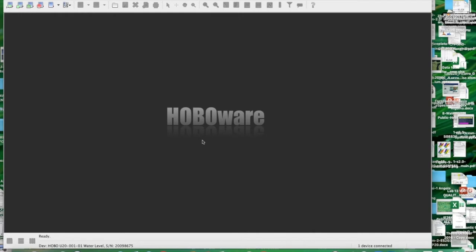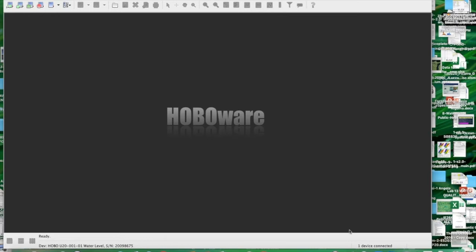The way in which we get data off of the data logger is using some software to read it. So the data logger unscrews, there's an optical sensor inside, you connect that inside the data logger and then hook it up to your USB port and then launch the software, and then it hopefully will recognize the device. It's taken me a little bit to get this thing to recognize, but